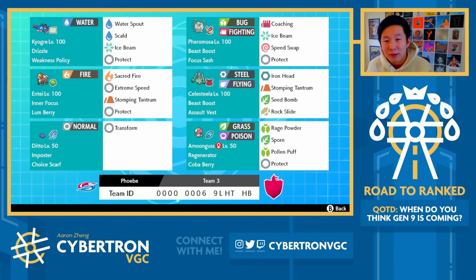And the thing is, your opponents can only Dynamax one Pokemon at a time, and this Celesteela has really good coverage, right? And so the idea is that with this coverage, you can often just pick up like 3 KOs in 3 turns potentially against all of your opponent's non-Dynamax Pokemon, and kind of ignore their Dynamax Pokemon until the very end. To round out the team, you've also got classic Coba Berry Amoonguss, Choice Scarf Ditto,